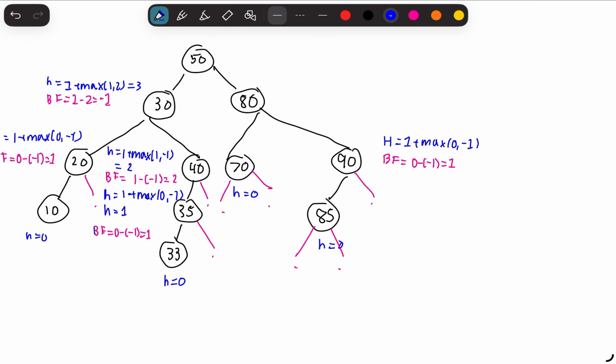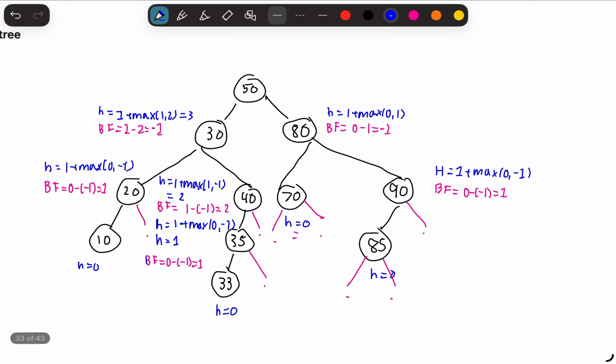We have 70. That was h equal to 0. So for the balance factor of this, that's because our h here was 1 plus, and for 50, so now